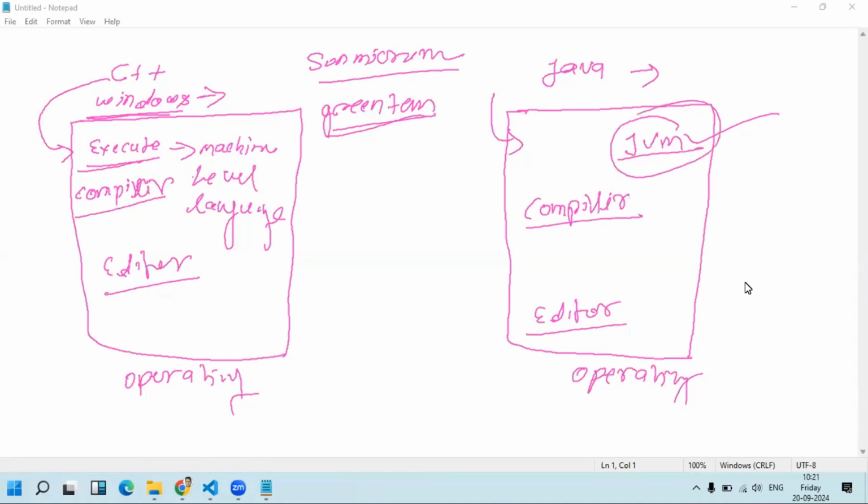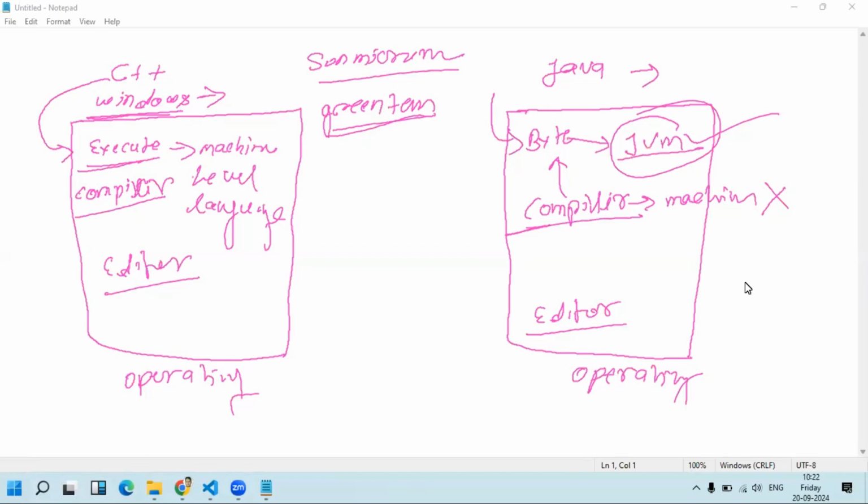The compiler does not produce machine level code here, it generates bytecode. The compiler will generate the bytecode, and this bytecode will be passed to the JVM.